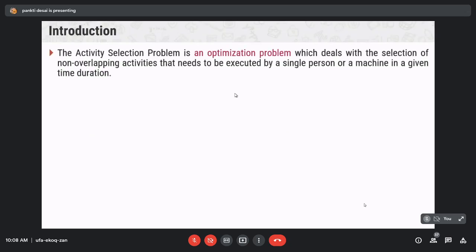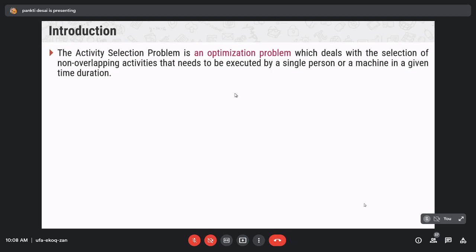Now, if you want to define the activity selection problem, you can define it as: given a resource such as a CPU or a lecture hall, and n set of activities such as tasks or lectures that want to utilize the resource.